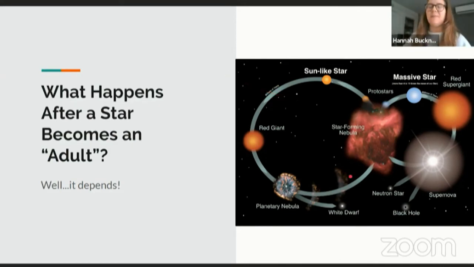Okay, so let's say you're not a sun-like star, but you're actually a massive star. Those stars are very dramatic. They have all the flair of a diva, and they expect to go out like one as well. So we talked about these supermassive stars that we have O-type, B-type, A-type. They are big, they are hot. And when they reach the end of their lives, they become a red supergiant. So literally just a bigger version of a red giant.